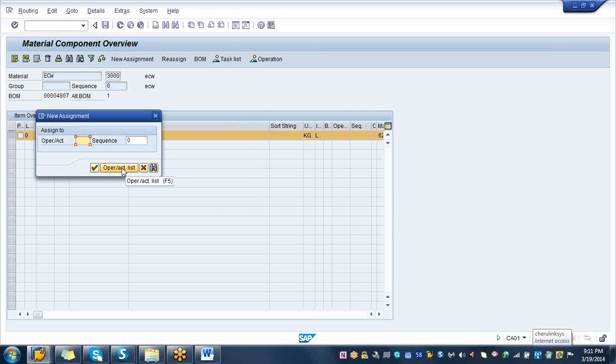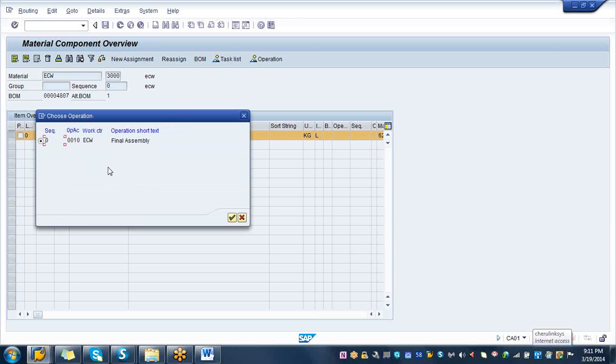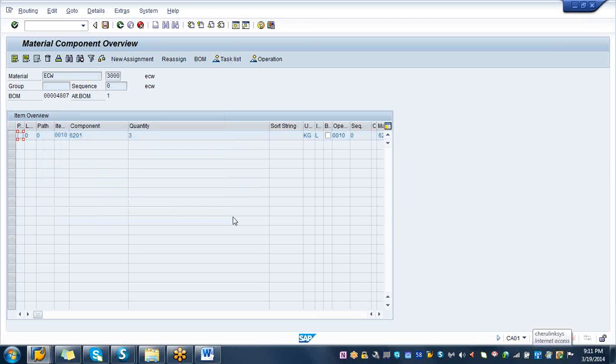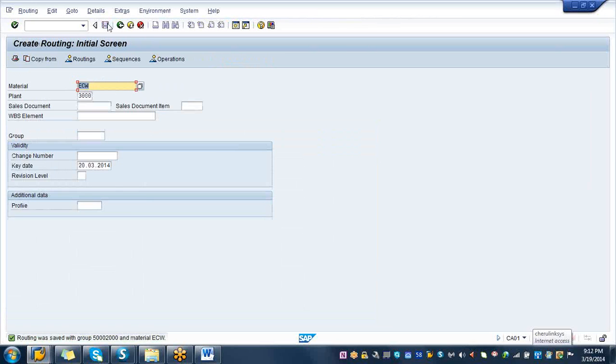Click on OPR-ACT. You have only one operation. Assign it there and go ahead and save it. Okay. You need that number, your routing number, 5000, 2000. Okay, I got it. You need 5000, 2000. Okay. So go back and try to create